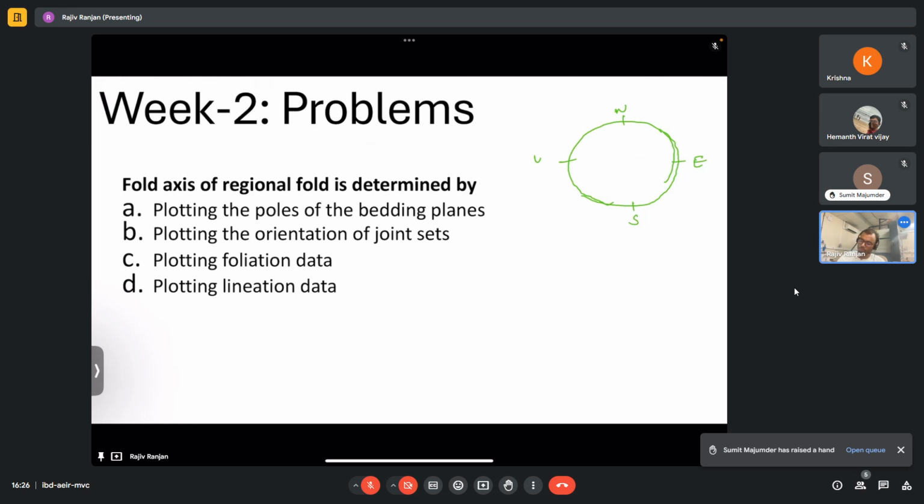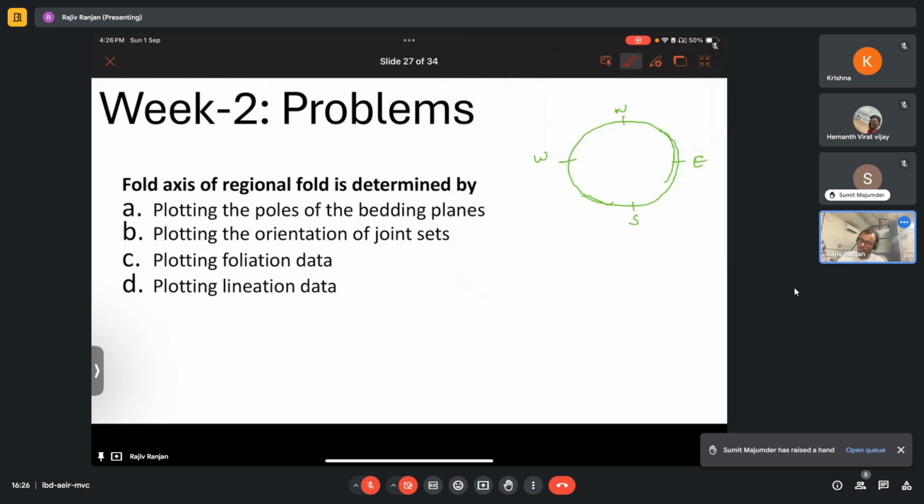Think you have plane A and plane B. The intersection of this A and B will give what? Hinge line, right? So fold axis